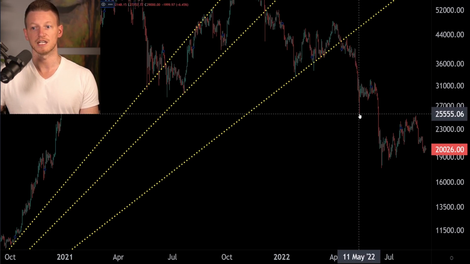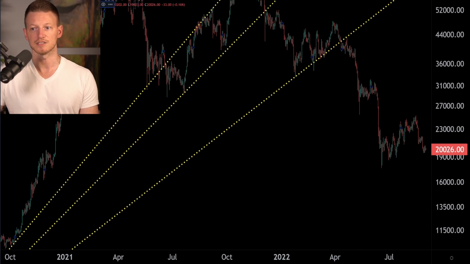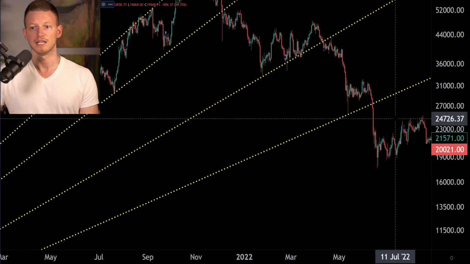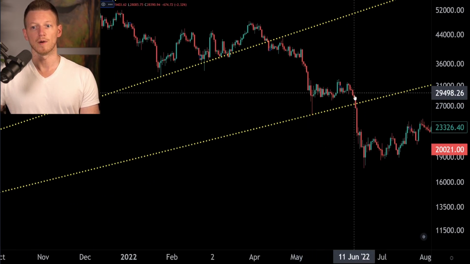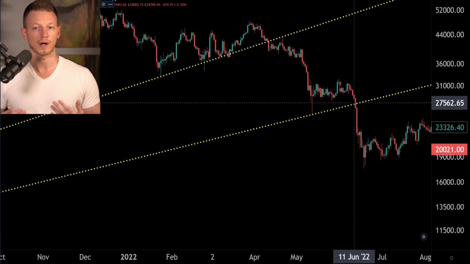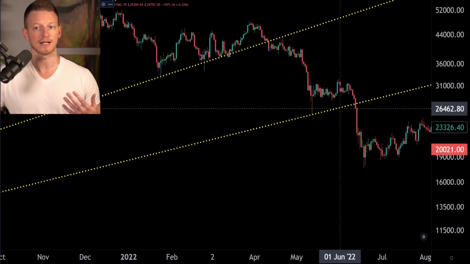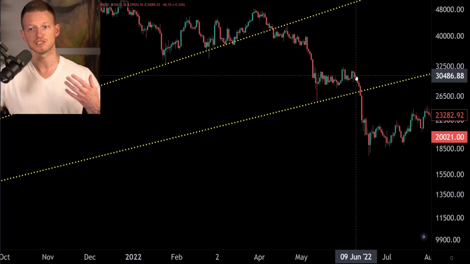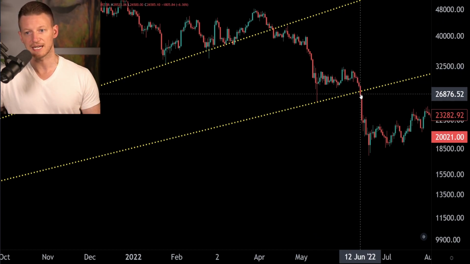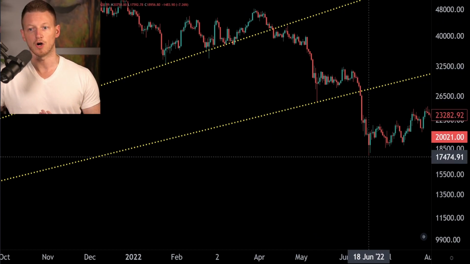So this is the 25.5K level that we formed all the way back here on May 11th. So let's see what that did now. And it's the same thing. When we came down to this level, we crashed through it. We exploded down through this level. And this is where we started coming down and then we exploded down all the way down to